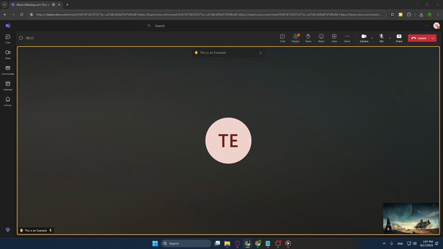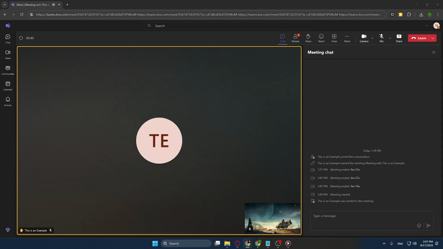Moreover, keeping track of the conversation is crucial, and this is where the chat feature comes into play. To access the chat, simply click on the chat button within the meeting interface. This will open the conversation side panel where you can view messages, attachments, and other shared information. It's a useful tool for tracking discussions, saving important notes, or sharing links and files in real time among all